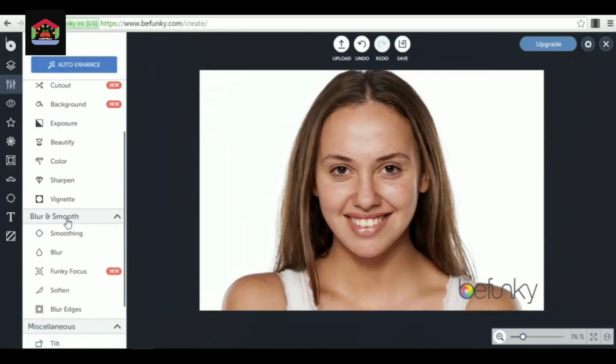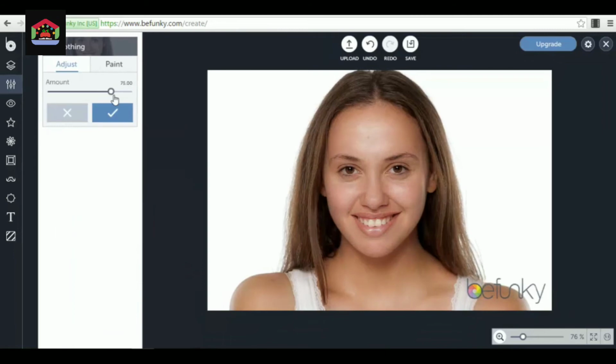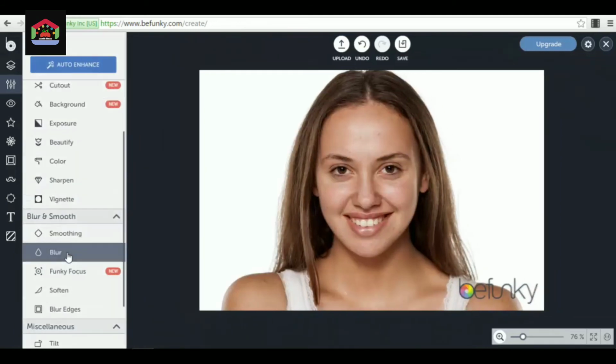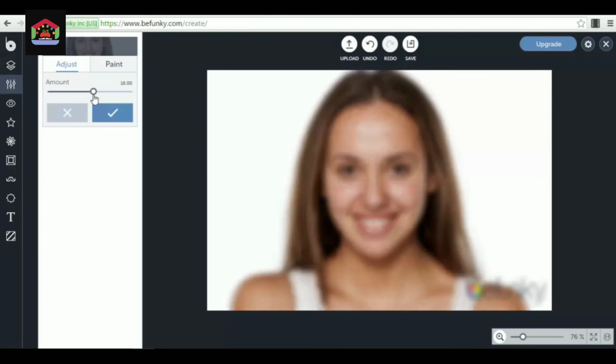Now let's have a look into the blur and smooth area. You have also the smoothing effect, and this is how the smoothing effect looks like. It makes your photo look like it has a tint of a blurry shade, but it's not actually blurry. You also have the blur effect, but it makes everything more unclear.